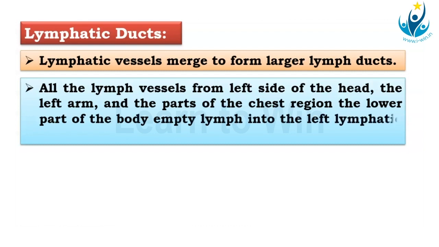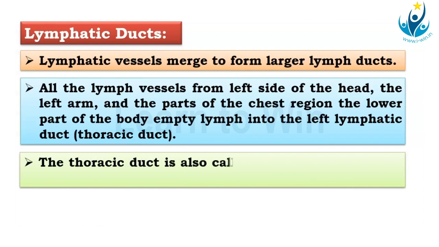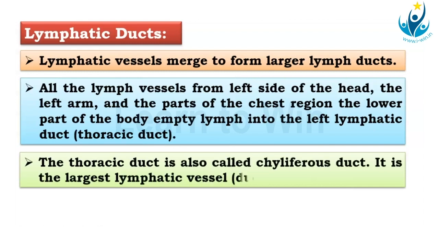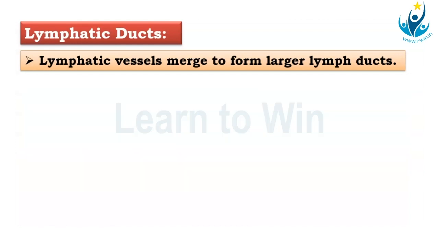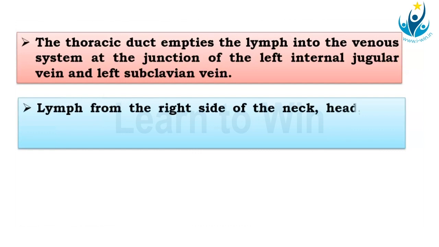Now all the lymph vessels from the left side of the head, the left arm, parts of the chest region, and the lower part of the body all empty into the left lymphatic duct, which is also called the thoracic duct. And the thoracic duct is also called the chyliferous duct. If you go back to the previous diagram that we have just seen, this is the left duct. So you have the thoracic duct, you have the subclavian duct. Like this, you'll have many ducts,